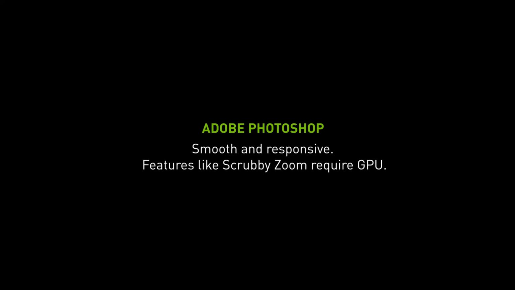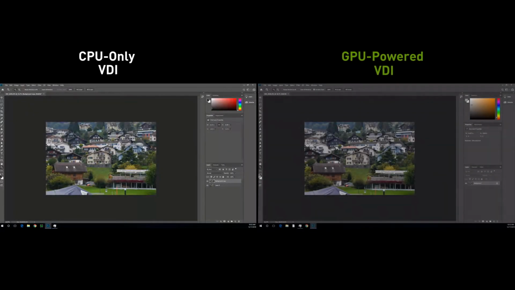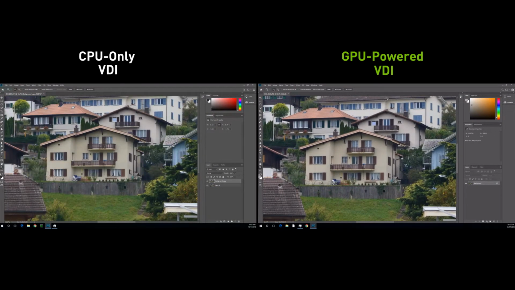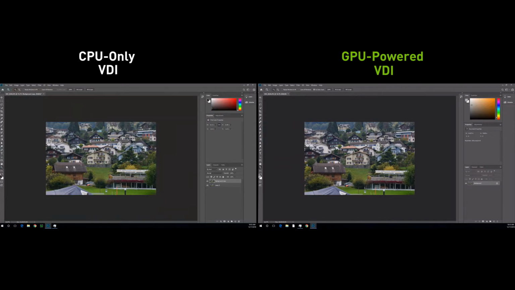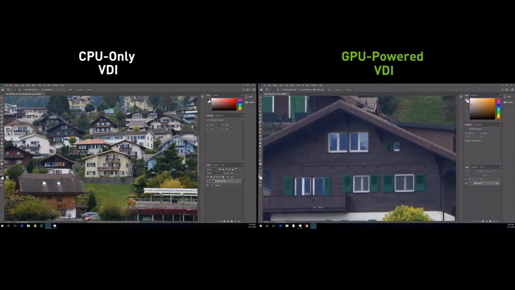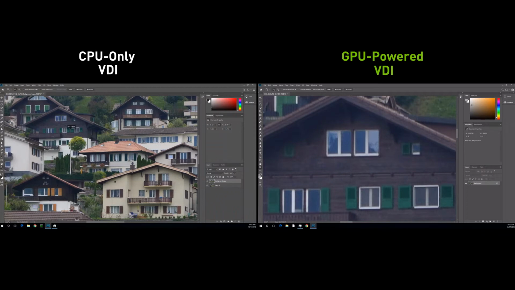Knowledge workers now use many creative and design tools. Adobe Photoshop has features that simply won't work without a GPU, and features that require a GPU for acceleration. GPU-accelerated VDI environments, powered by NVIDIA GRID, ensure users can run applications with full features and capabilities and get the best user experience with today's graphically intensive websites and applications. Users can be more productive wherever they want to work,